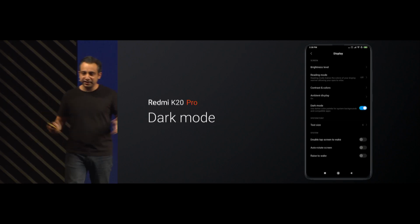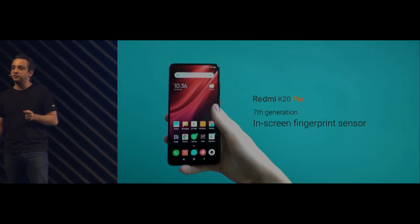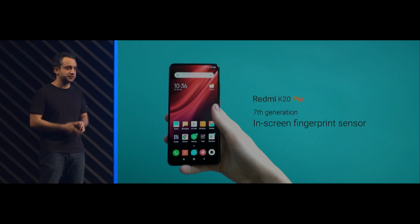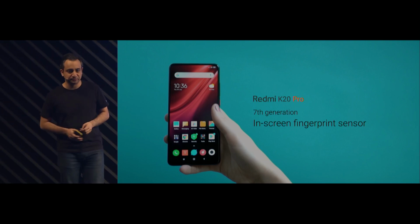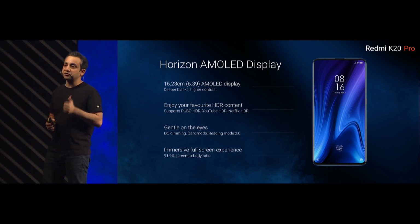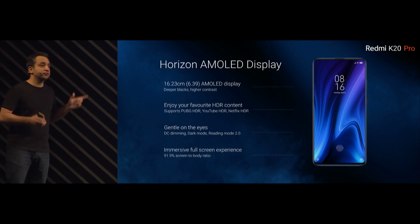Now, while we are at the screen part of it, we've also added a 7th generation in-screen fingerprint sensor. It's super fast, it's super accurate. We've increased the overall size of the fingerprint sensor so that chances of wrong taps is reduced. So from a Horizon AMOLED display perspective, you get a 6.39-inch Full HD Plus AMOLED display, which you can use